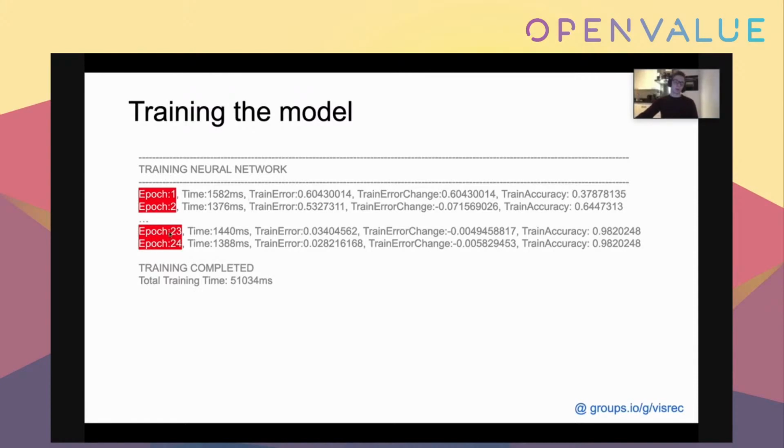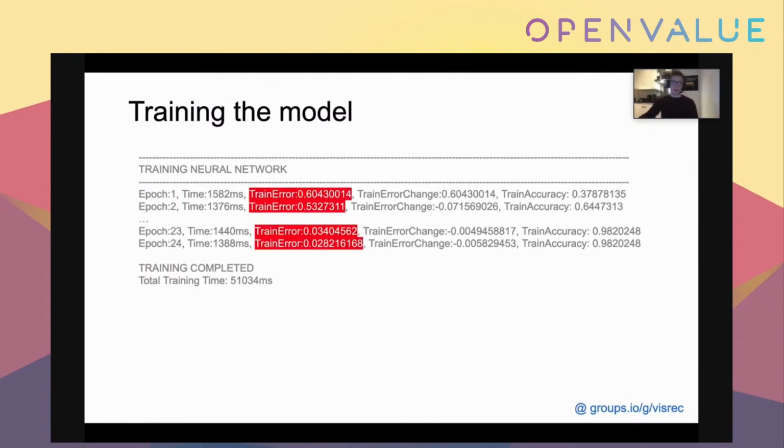When we look at the bottom two, 23 and 24, it stopped at 24. So afterwards it completed training, but that's not really the variable that did the trick. It was the training error. So we are talking about max error. If you look at the first two iterations, the value is much higher and it declines pretty steeply. When we look at the last two iterations, you can see the differences are very minimal, and they're going to be